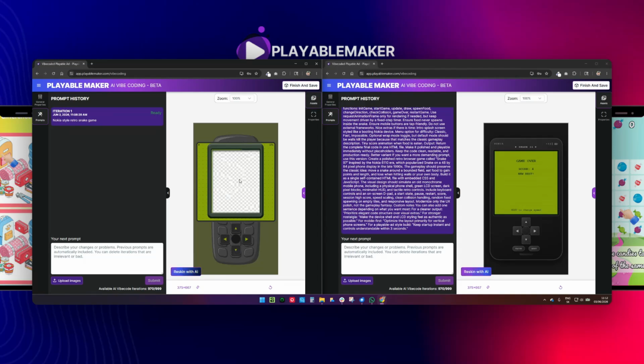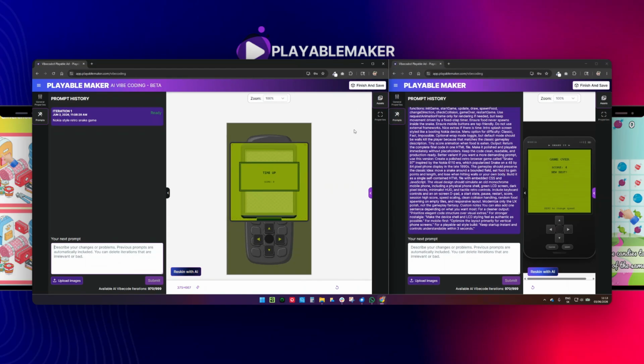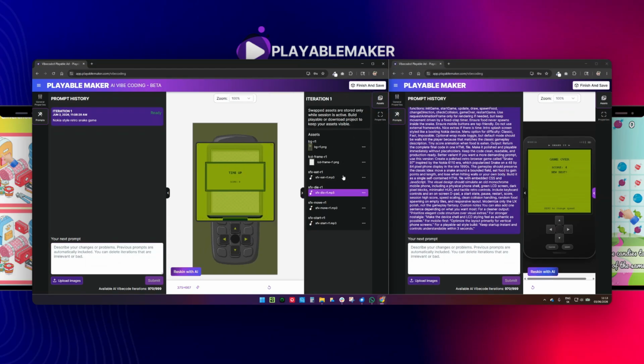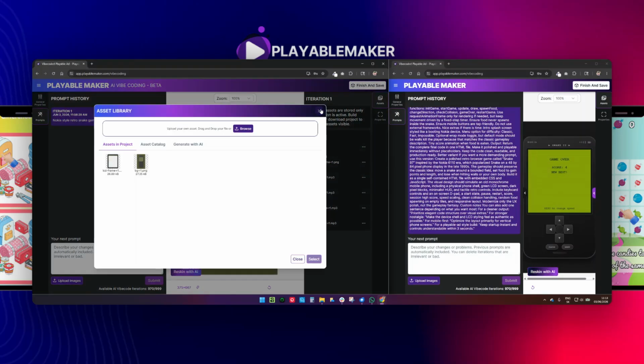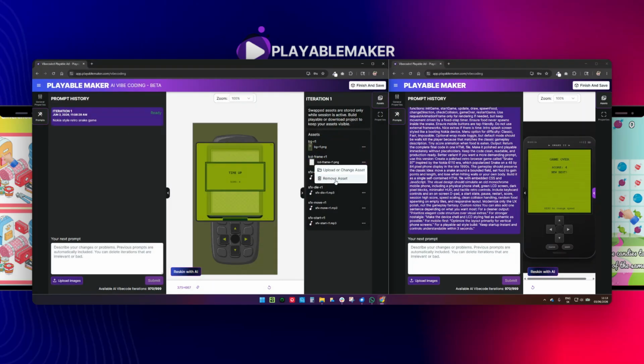So I can do two things now. I can either prompt it like, there is an LCD image on top, get rid of it. I can do it this way, or I can actually just go to assets, move it here, to assets, and it's this frame. So I can basically remove it, and as you can see now, I have the game like this, and I can control it,